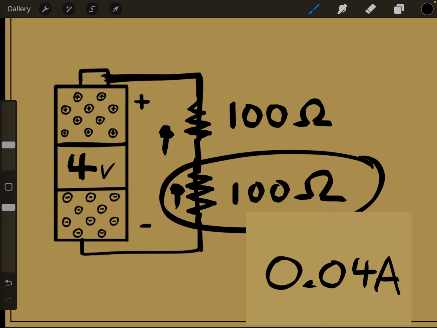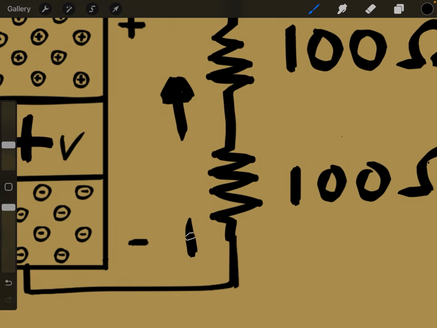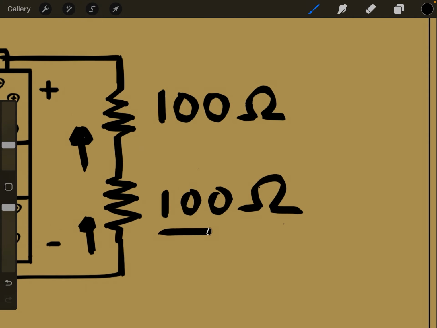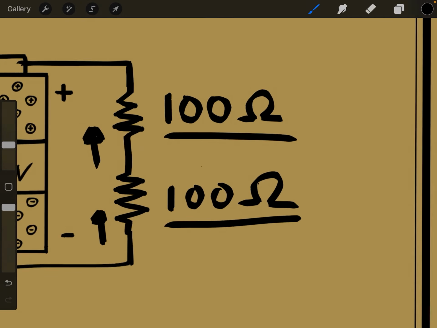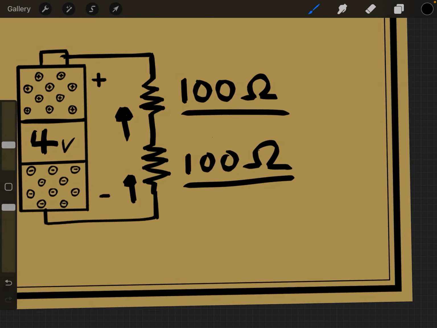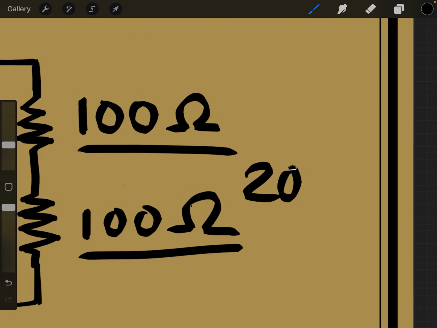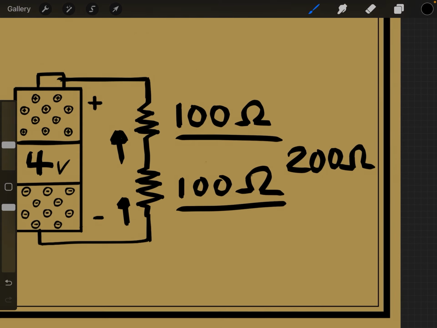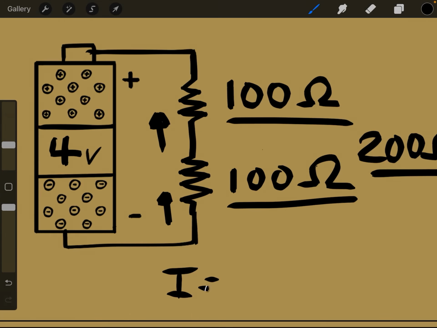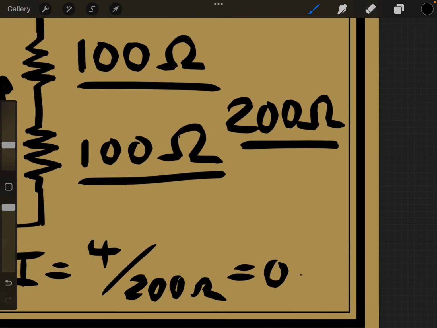So it actually faces double the resistance it would if there was only one of these 100 ohm resistors. So because it faces resistance here and resistance here, what we do is we add up the resistances that it faces into a large total resistance. So 100 plus 100, that is equal to 200 ohms of resistance. So the current is going to equal 4 volts divided by 200 ohms, which is going to equal 0.02 amps,